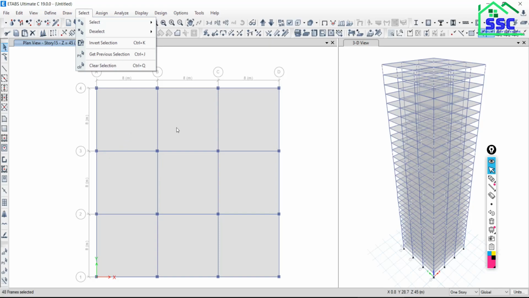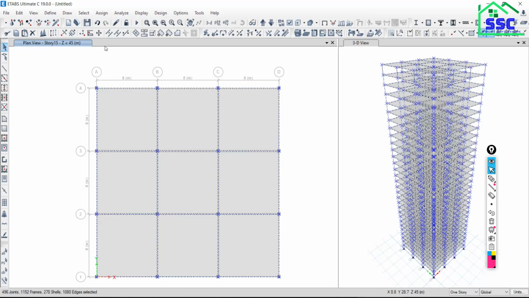Whatever is in selection will be deselected, and all the other things will be selected. Just click over Inward Selection. So these columns will be deselected, and the other things of the entire model will be selected. Is it okay? So this is another option. This is about how to make selection, deselection and inward selection.